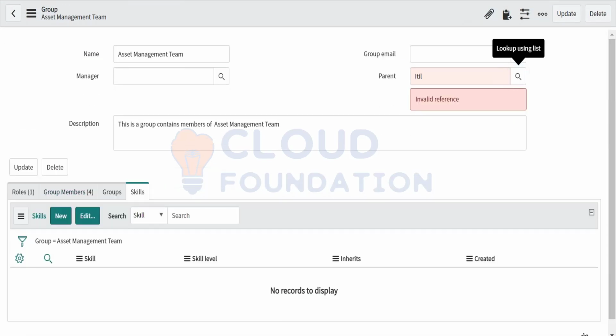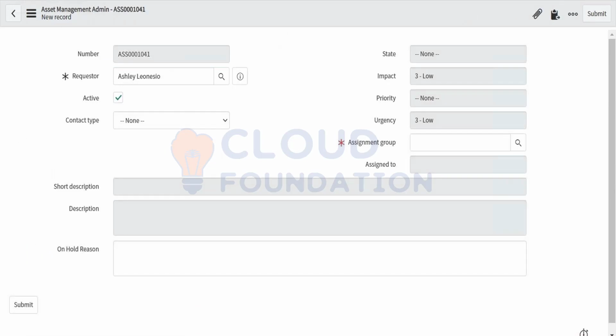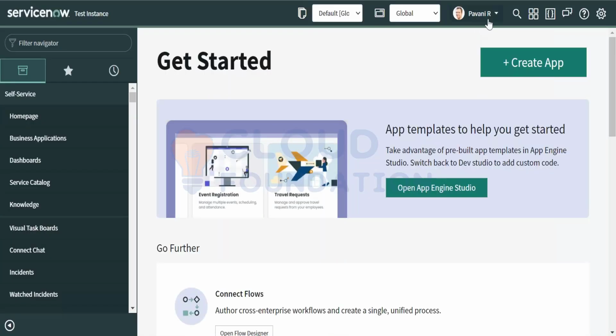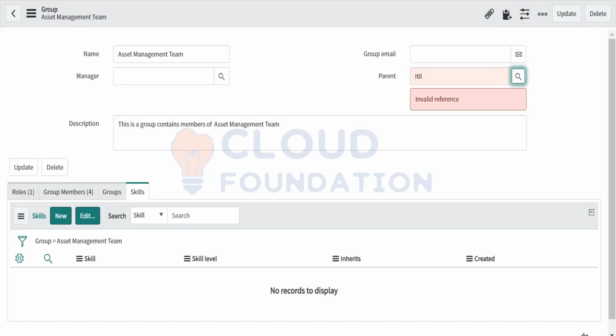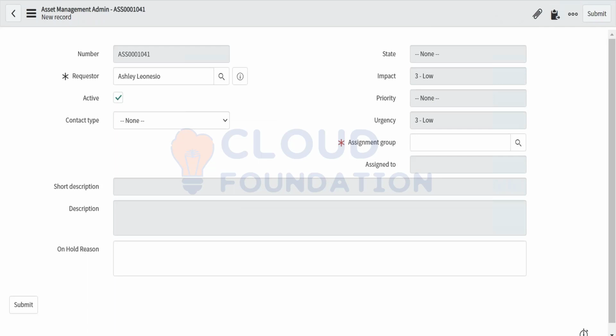Okay, I'll just check this. One more thing I want to see is if we face any issues like this, because we check the group types as well. If we face any issues like this, and we know that we have tried everything and we're still not finding any solution to it,